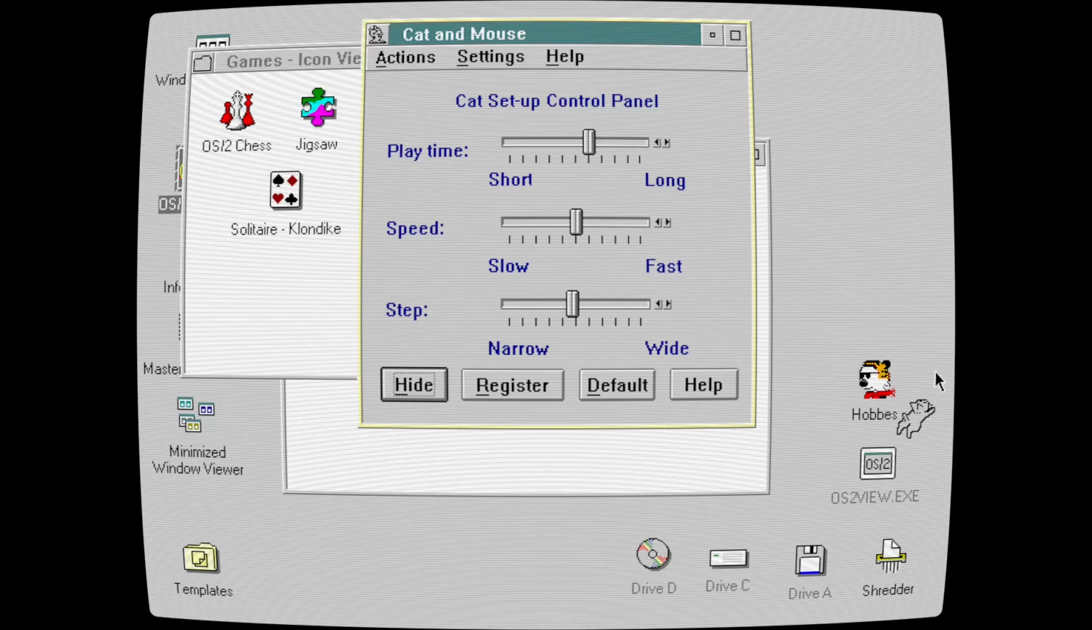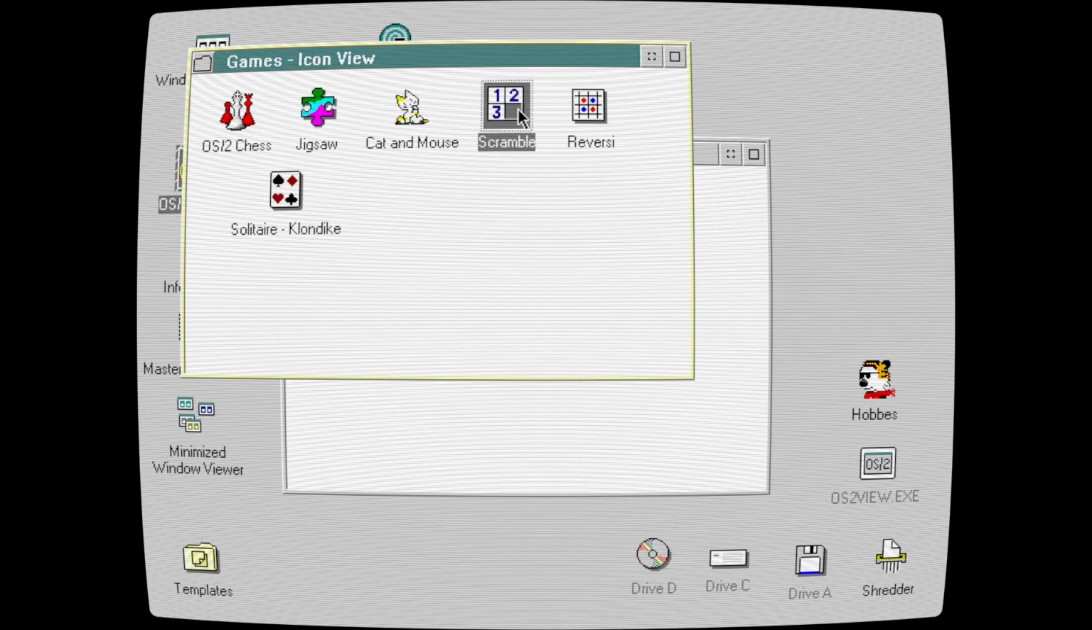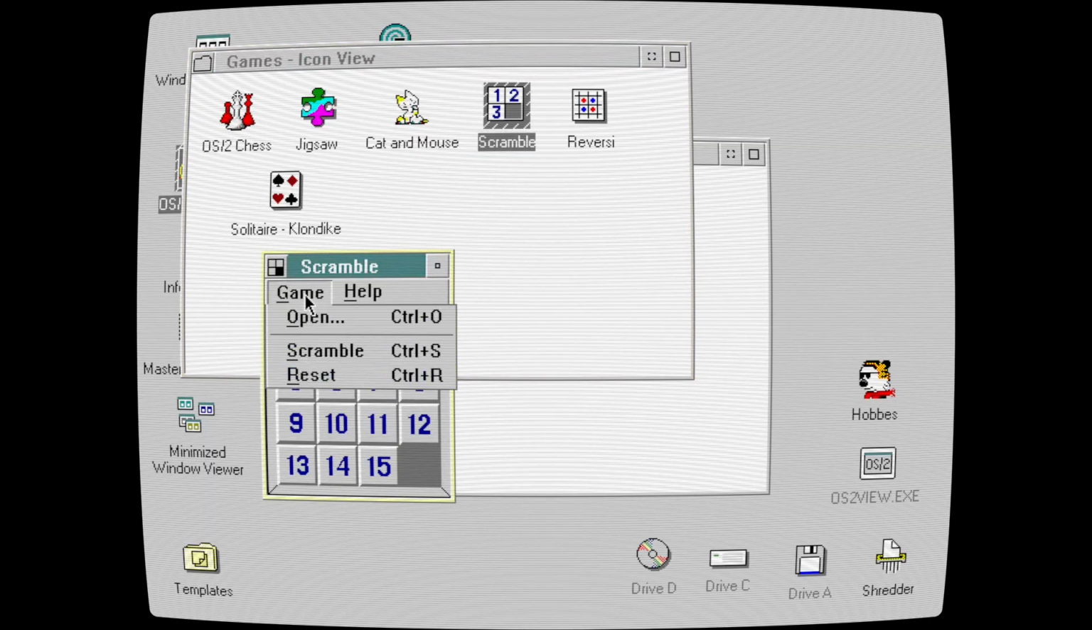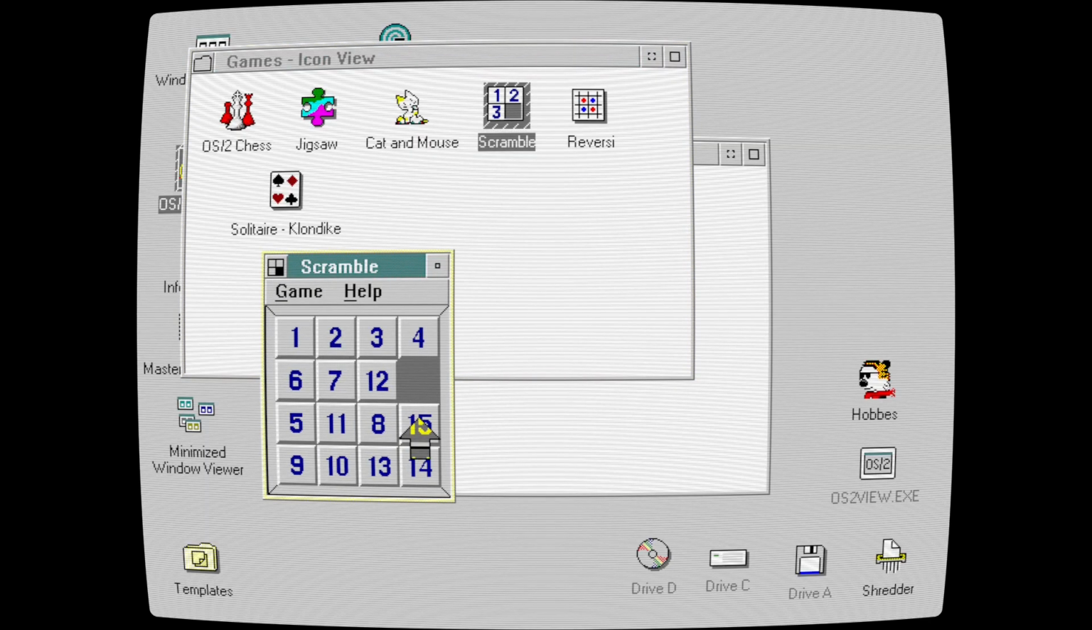Hey, go around Hobbes. I wonder if there's a way you can change it to be Hobbes running around the screen like that. Anyways, but yeah, you can hide it and whatever. But yeah, I remember seeing that when I was growing up. Scramble. This is just basically a simple scramble game where you move your pieces like,